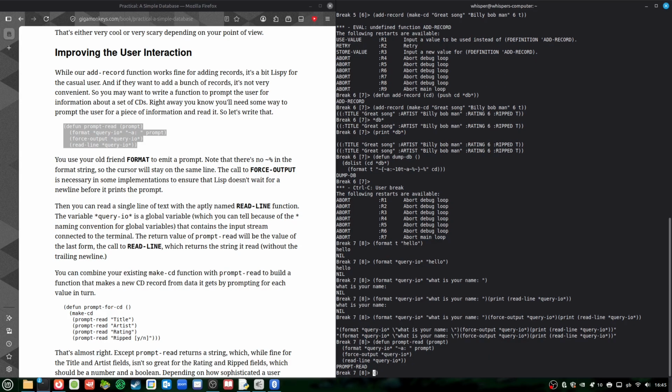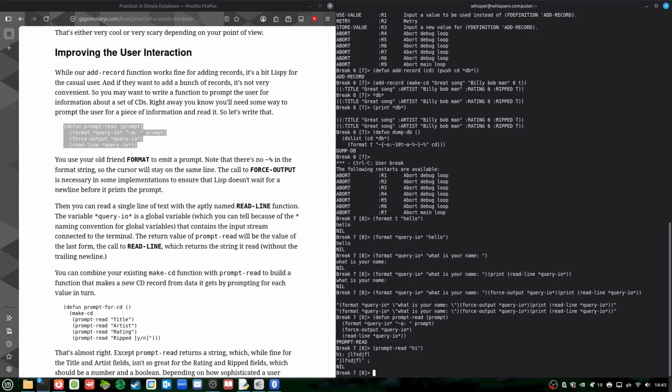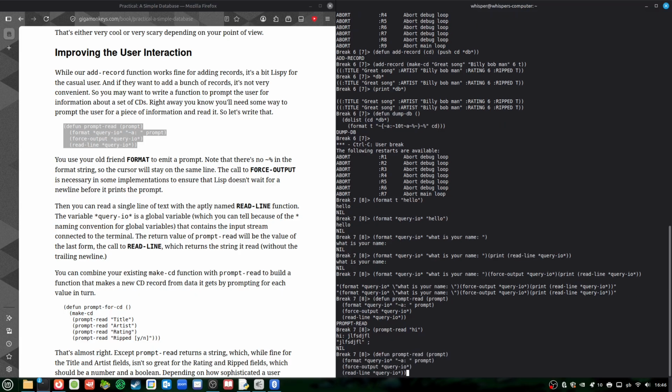Because now if we use our prompt read, it works there. Is this just the command line messing with us? Is this literally just the command line causing us havoc? It's gotta be just the command line, right? Because if we get prompt read and we quickly go back